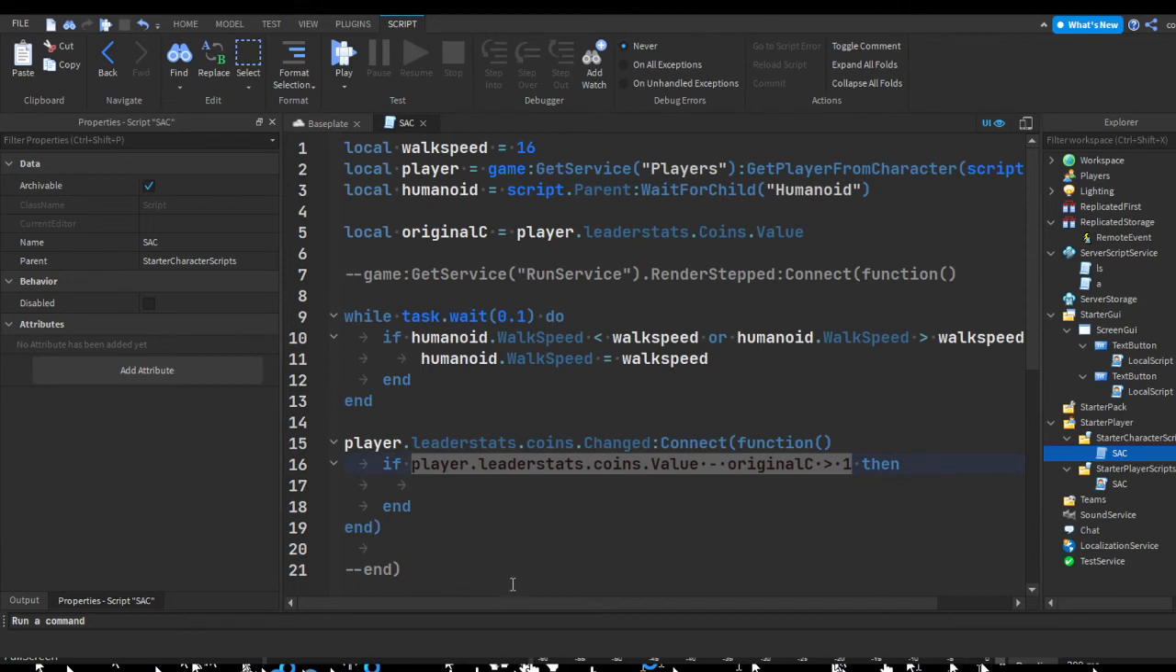And actually, it doesn't matter if they do less than. Why would a hacker want to get less than 1? That would be their problem. But you can add that too. So I'm just going to add brackets around this. So if the player's current leaderstat number minus their original amount is less than 1, or if it's greater than 1, then